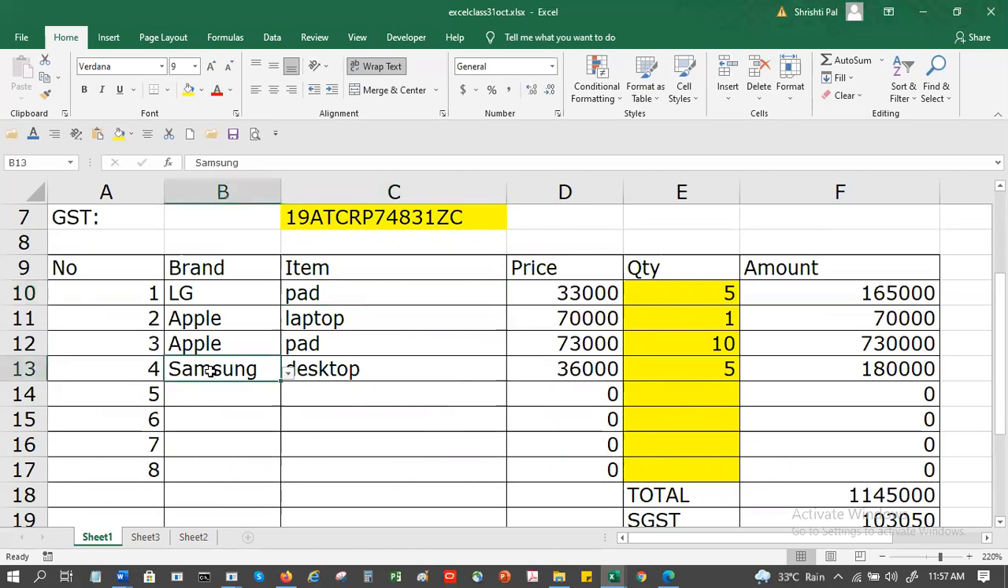I don't know what my customer is going to buy, so at maximum I've given 8 rows. I can make it 10, I can make it 15, or make it 5. And just to show you this, here what I could also do is